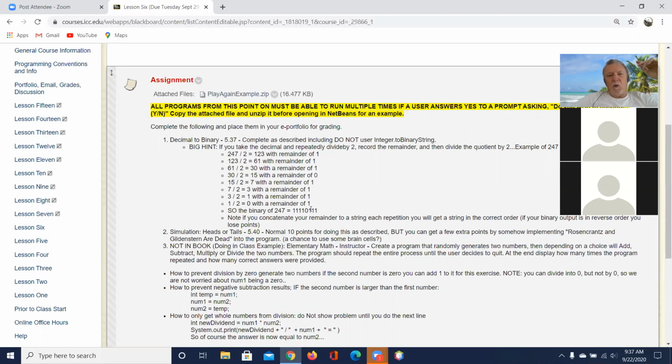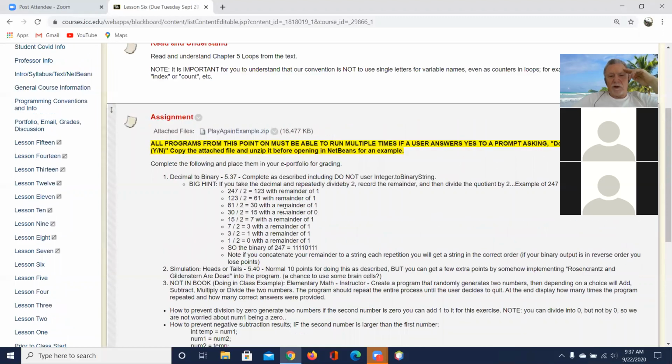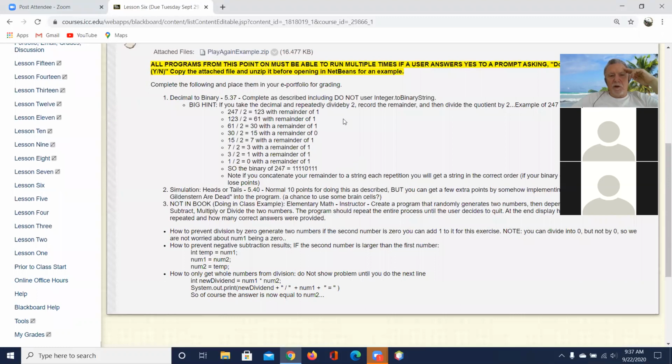If you end up with your answer being 11101111, you have it backwards. And of course, that isn't equal to 247. So what you're going to do is do the math, and instead of appending to the